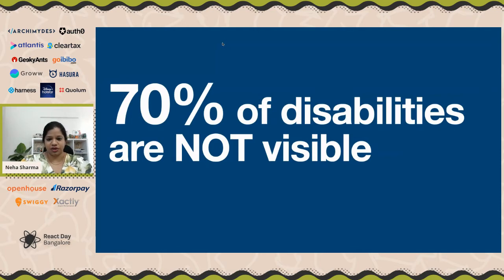Please do not assume. One example I can give you is color blindness. There are a lot of folks who suffer from color blindness, and it is a very serious disability issue with respect to accessibility, the way they interact with our web application. Because if a person is colorblind, and you are trying to show a very colorful image to that